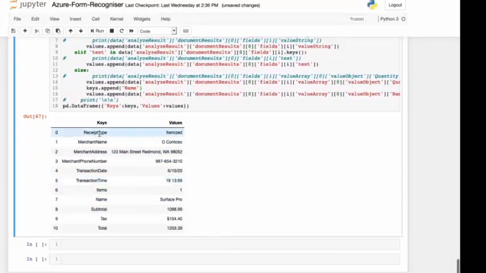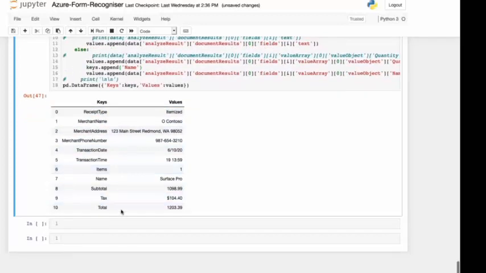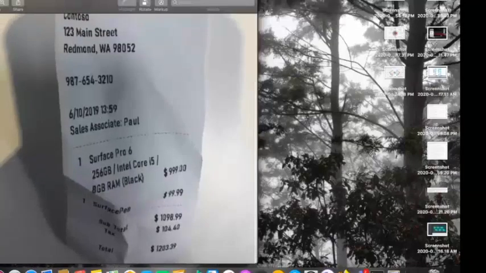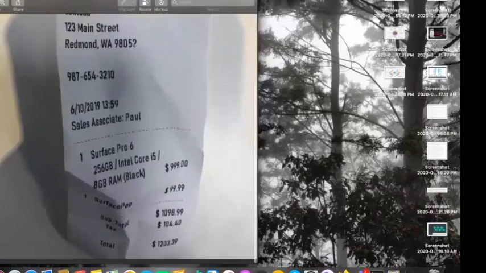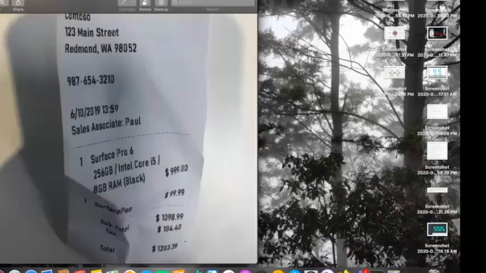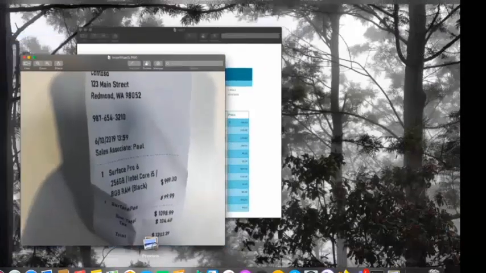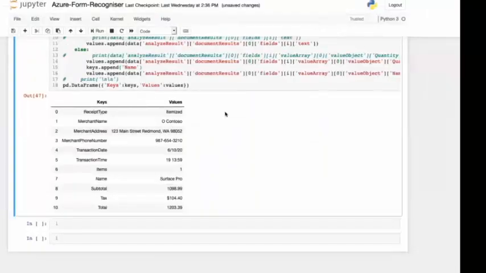The receipt type is itemized, the merchant name you can see is Contoso, and there is the merchant address. Similarly, the total price is 1203. So basically, this was the result of our pre-built receipt model.